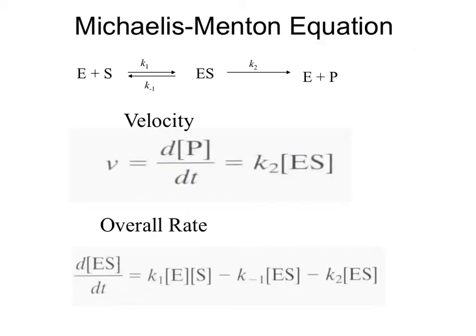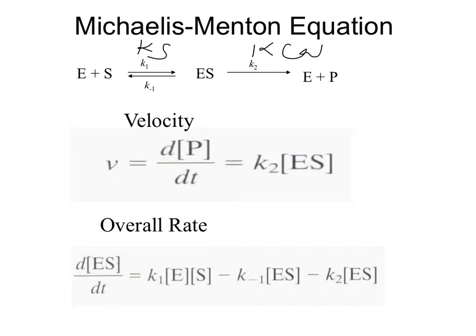The Michaelis-Menten equation simplifies kinetics, where now you have enzyme plus substrate, which then leads to an enzyme substrate complex, and then that leads to enzyme product formation. And so you have K1 and K minus 1 in the case of the enzyme and substrate to the enzyme substrate complex, and then K2 forming the product. Here,